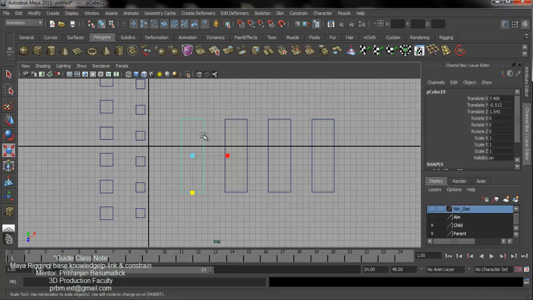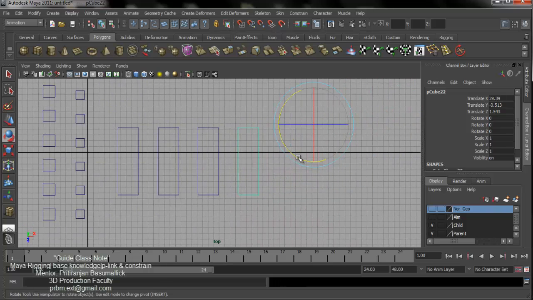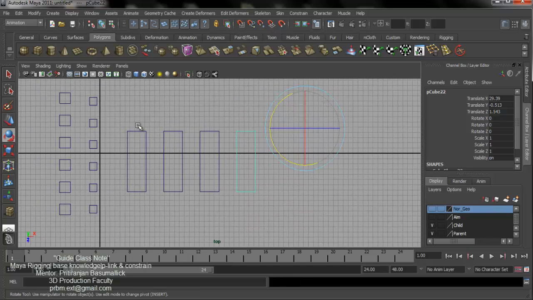Okay. When I rotate it, that object rotates from the middle, that object rotates from the top because its pivot point is at the top side, that object rotates from the down side, and that object rotates from its pivot, which we have set outside of the object. Okay. So it's a very important thing, the pivot point.